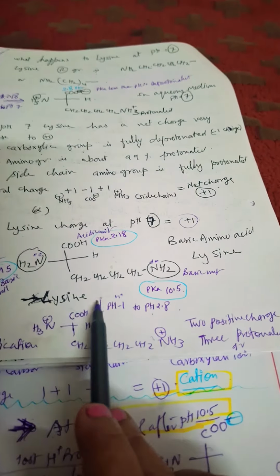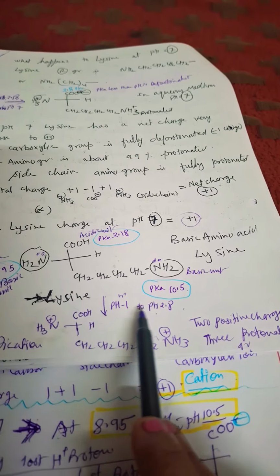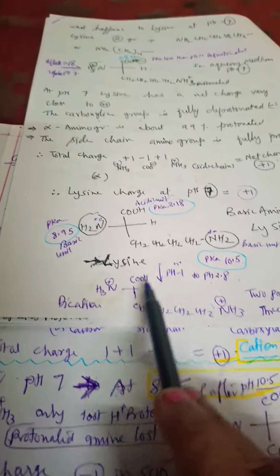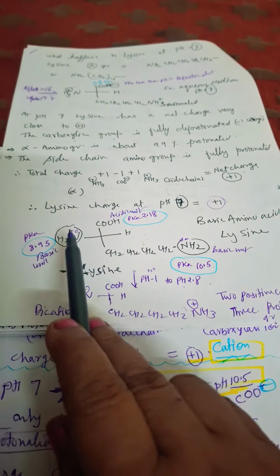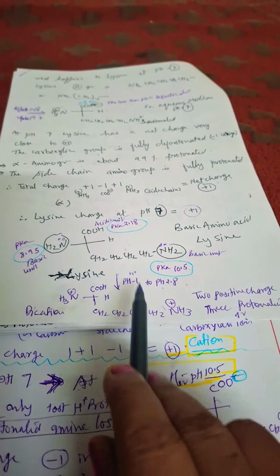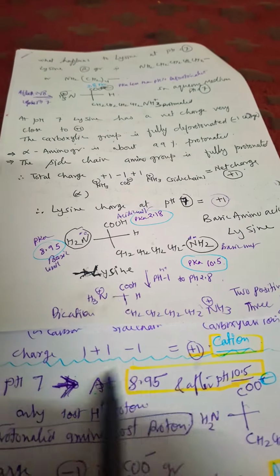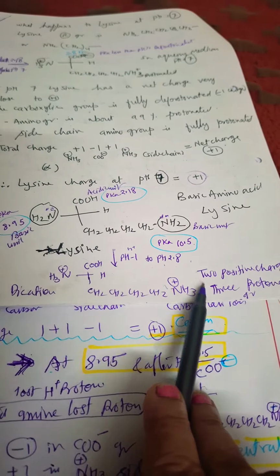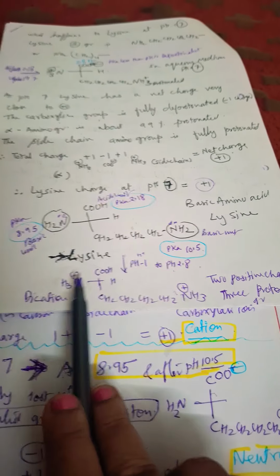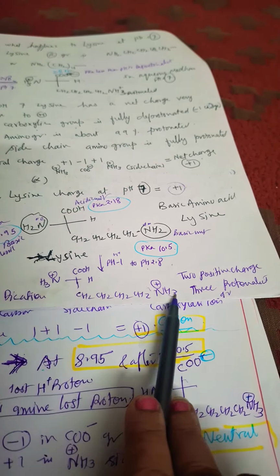Now what will happen when pH is very low, 1 to 2.8? At that time, since these are basic in nature, they have a lone pair of electrons, so they get protonated. They will take this H+ from the acid, and both amino groups are protonated. So this dication is obtained. There are three ionizable H groups present, 3 protons we can get, and so it is triprotic.